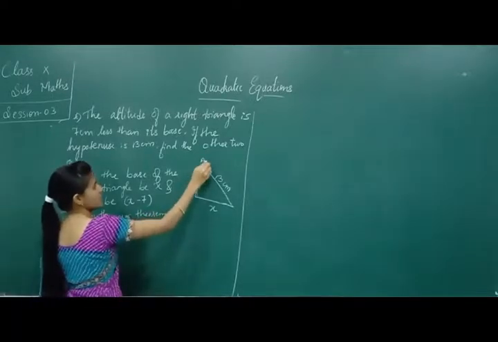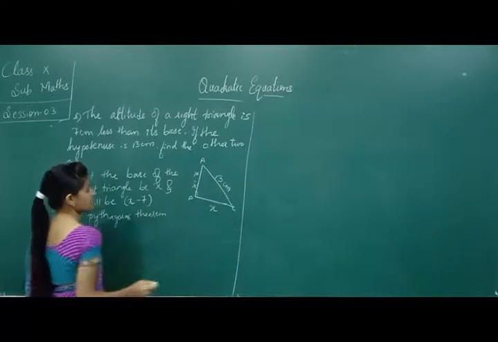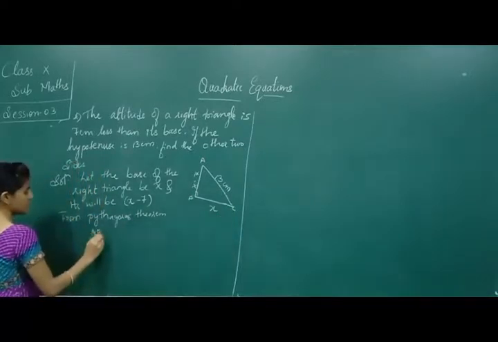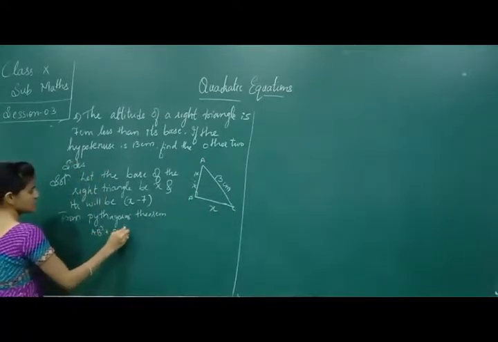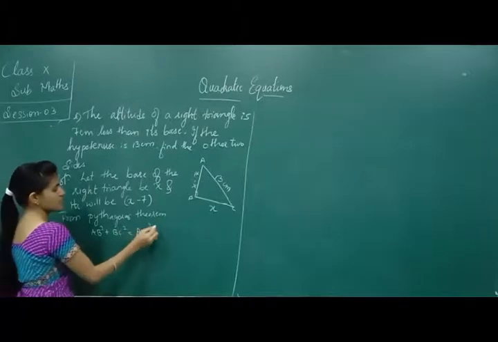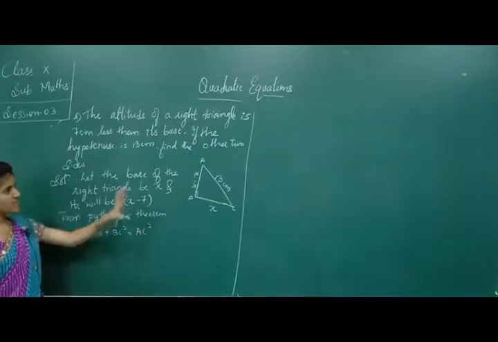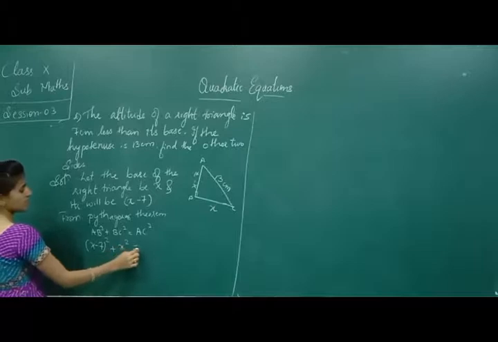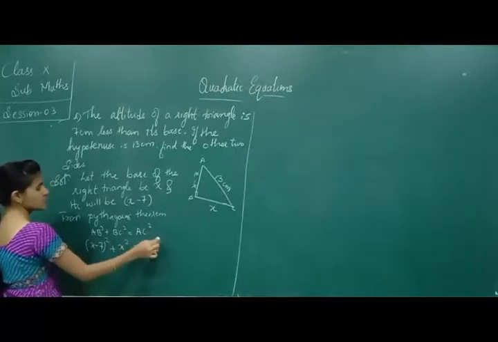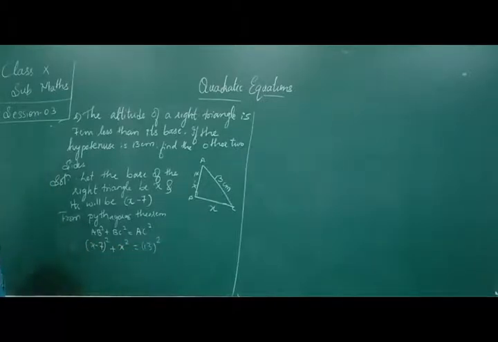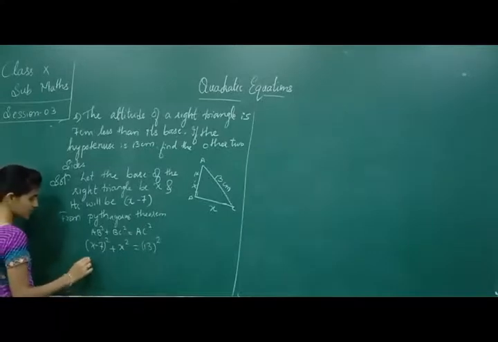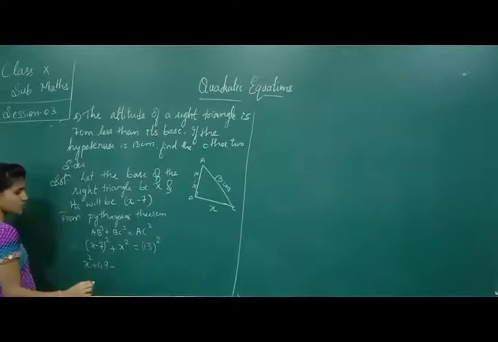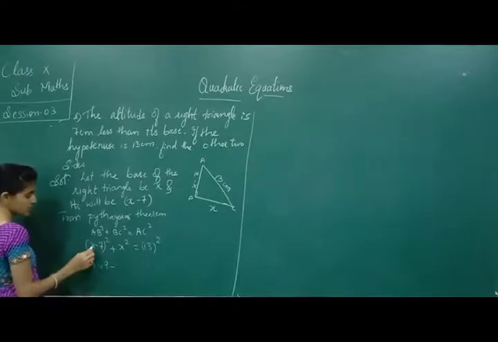If we say AB square plus BC square is going to give me AC square, right? What is AB here? AB here is x minus 7. (x minus 7) square plus x square will be equal to how much? 13 square. A minus B whole square: x square plus 7 square is 49, minus 2 into A into B, means minus 2 into x into 7,